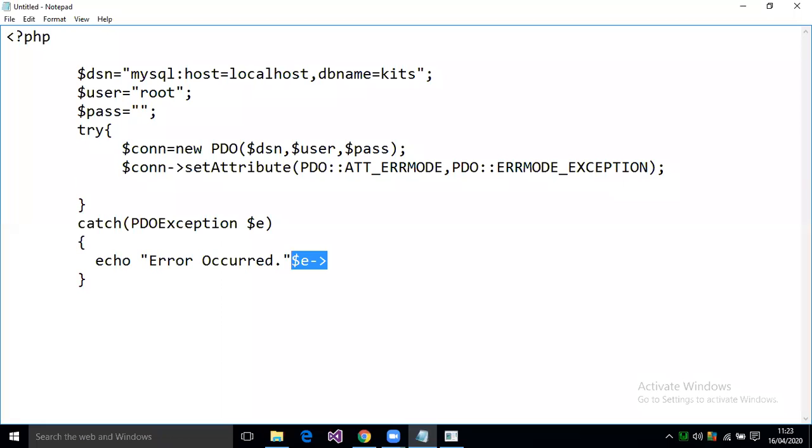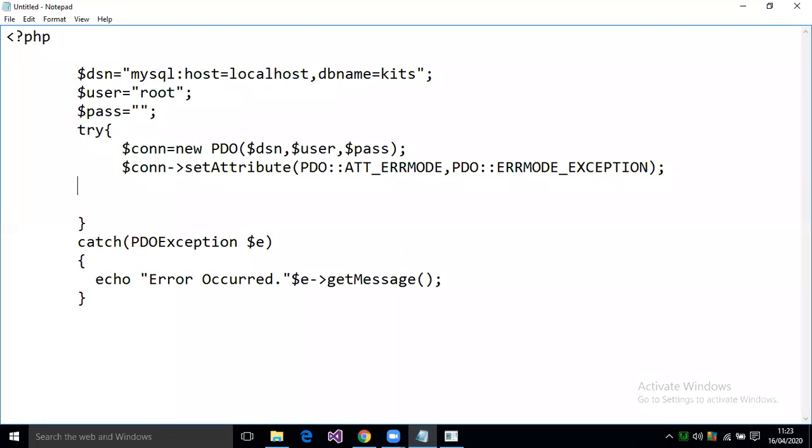Whenever I write an arrow, you need to think that this is an object. There is a method called getMessage, which gets the appropriate message of what type of error has occurred, converted to a string. Once this is done, it means that the connection has been opened.